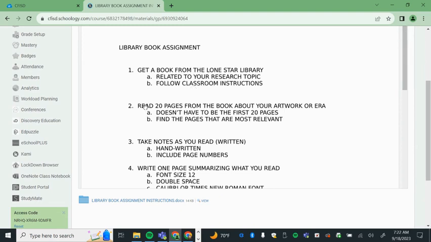I want you to read only 20 pages. You don't have to read the whole book. Just read 20 pages from the book, and it should be the 20 pages where your artwork is or the era of your artwork is. Don't just do the first 20 pages, because that's all introduction and stuff. So skim through the book, find the part of the book that's most relevant to your topic and read those